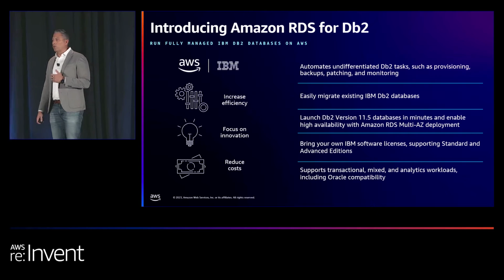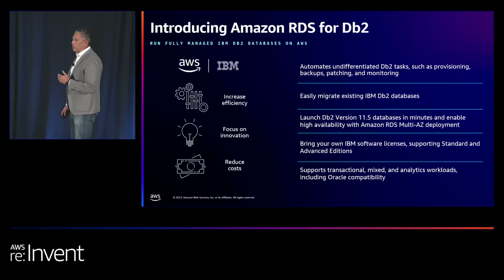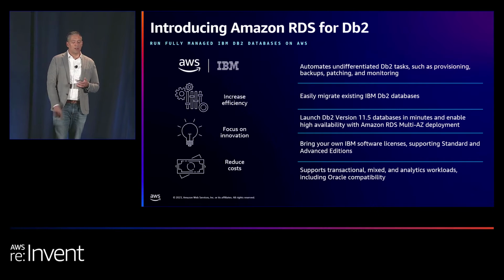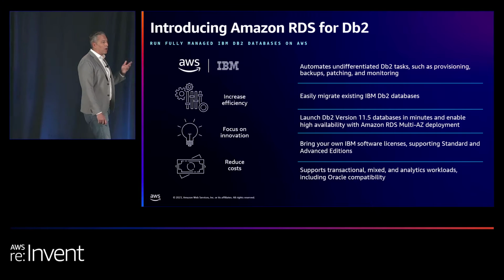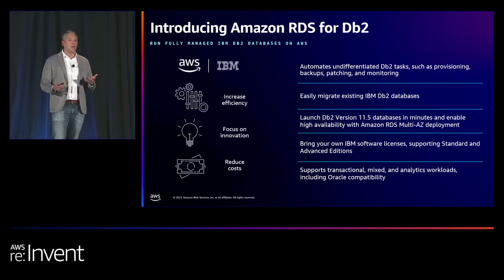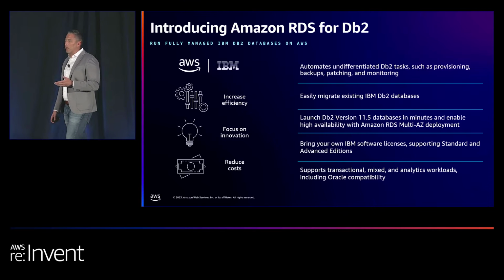And so the question is, why did we add an 8th engine? There are 2 reasons. As we talked to all of our customers who had MySQL, Postgres, Oracle, SQL Server, and all of these various databases, they said, hey, you've done a great job of helping me move my Oracle and SQL Server workloads to the cloud. I have DB2. Can you help me move DB2 to the cloud? We heard this request over and over again, and we brought this product to market to help those